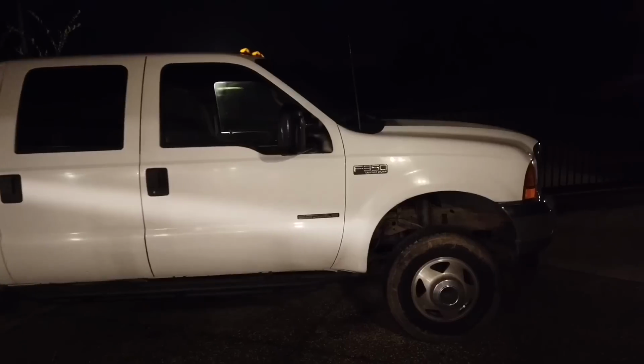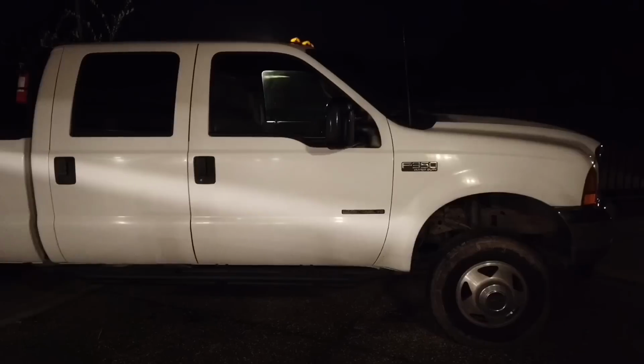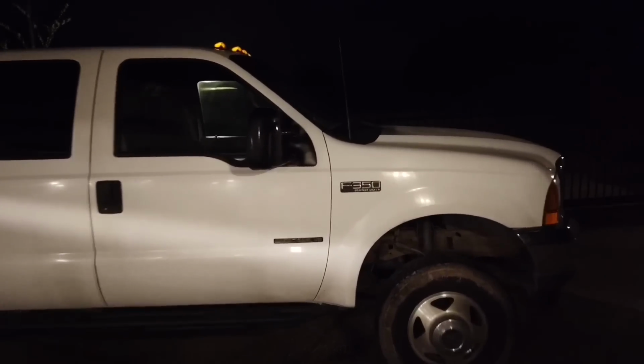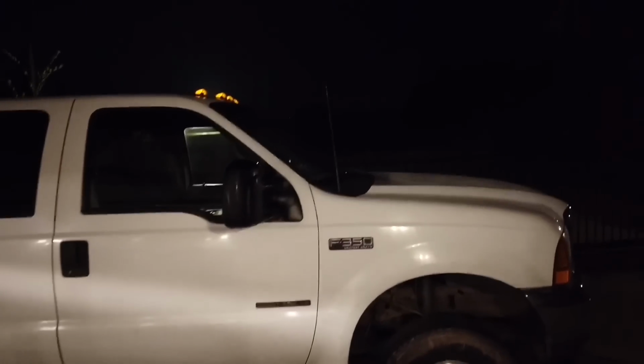Alright, I'm gonna let her sit for about 10-15 minutes because it took me a little bit longer to remove the sensor, so the engine cooled off quite a bit. Because it is kind of cold, it's like 40 degrees right now. Yeah, I know, in California we're dying. But anyways, I'm gonna let her warm up for about 10-15 minutes, get it to normal temperatures, and then